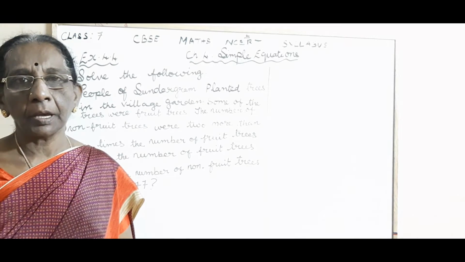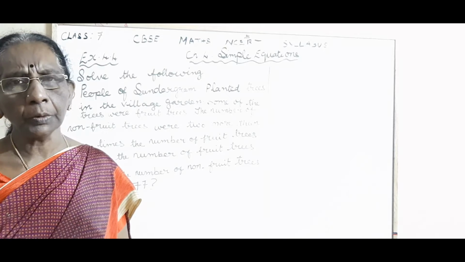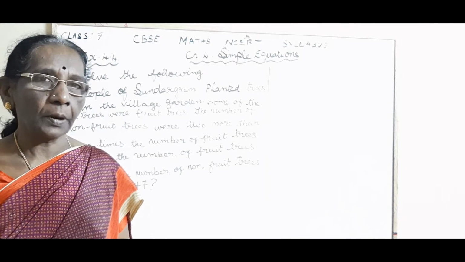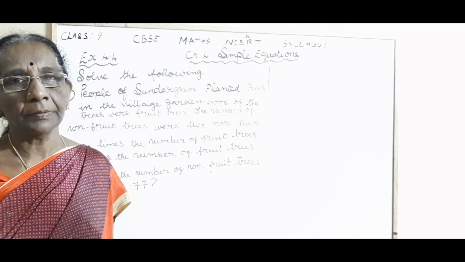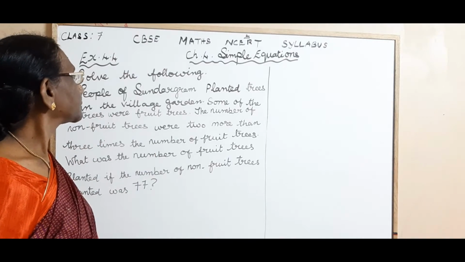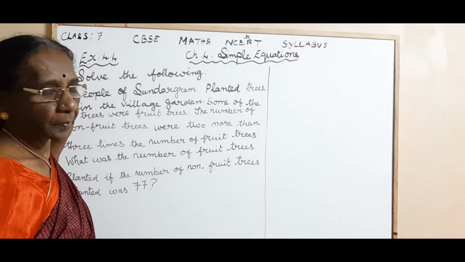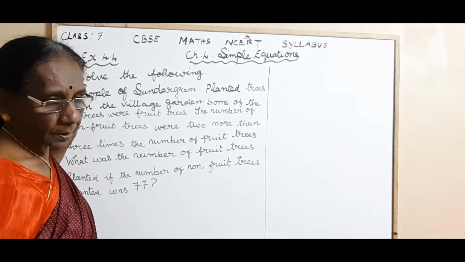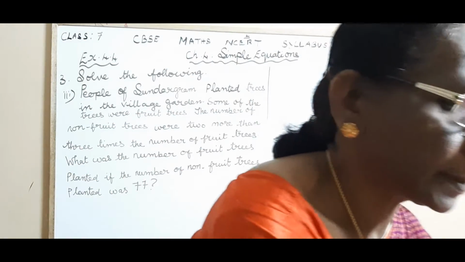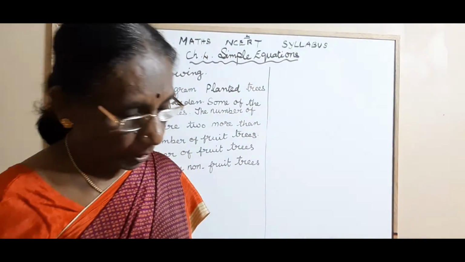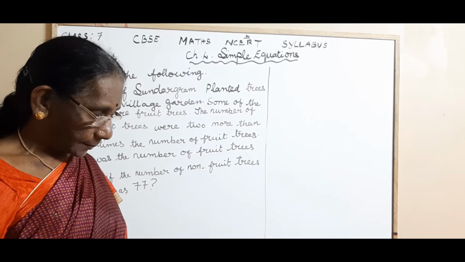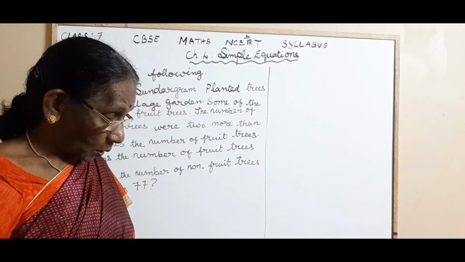In this session, we are going to do another sum in chapter 4, simple equations, exercise 4.4. The question number is 3, third subdivision. The other two subdivisions we have already discussed. That is sum number 1, Irfan says, and sum number 2, Lakshmi's